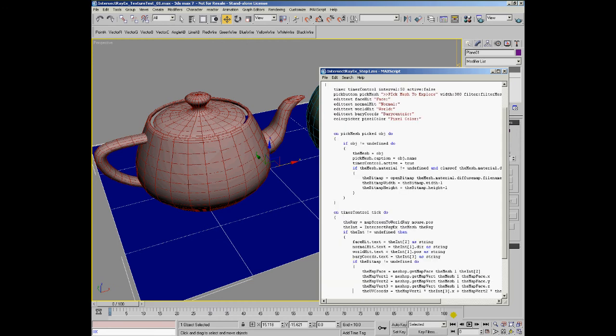Since the UV coordinates can go higher than 1 and less than 0, it is important to make sure that if the coordinate wasn't between 0 and 1, we take care of the value and turn it into a value between 0 and 1. The X coordinate can be converted to a value between 0 and 1 by using the mode